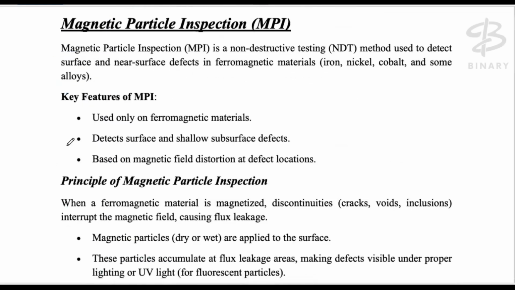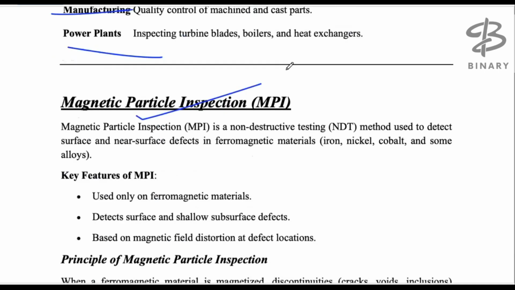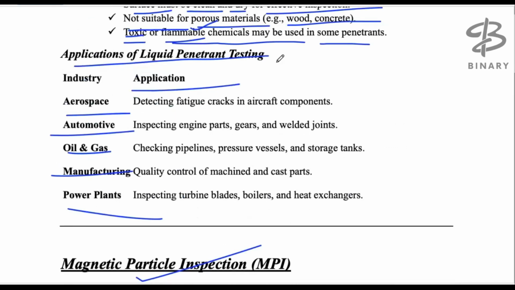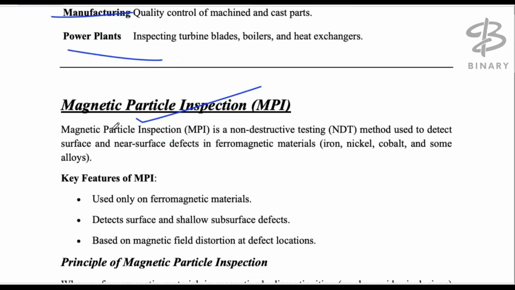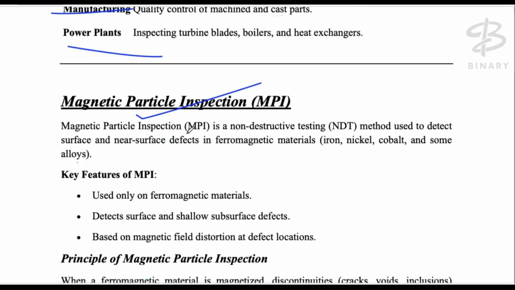Third one is the magnetic particle inspection, MPI. So the first one was the VT, the second was the LPT, and the third one is MPI. Magnetic particle inspection, MPI, is a non-destructive testing method used to detect surface and near-surface defects in